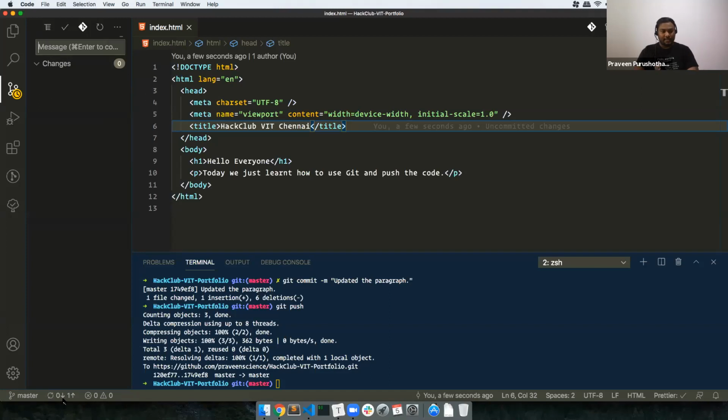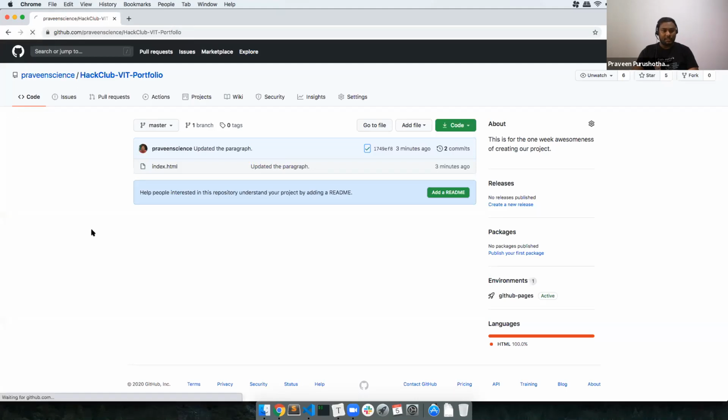So the moment it says pushed, it's going to show in the bottom left, all good. Okay. So now if I refresh this page, I can find that there is this green orange color blob here, and the updated title has come. Let's wait for a few more seconds. Refresh the page. This should turn into a tick button.